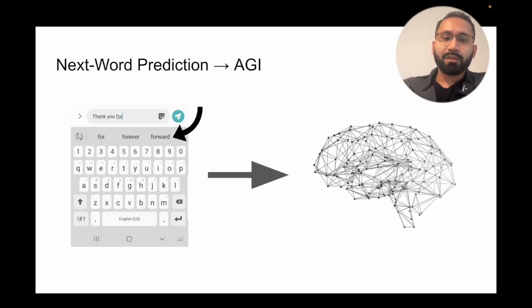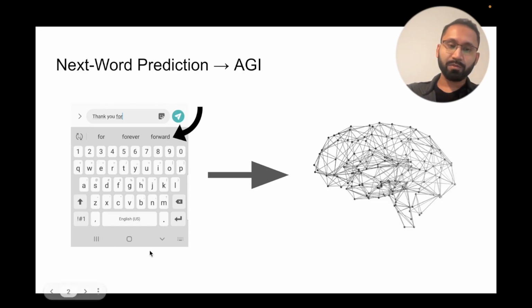And you may have heard a lot of people saying that AGI or superintelligence is just a few years away. So how are we going from this glorified autocomplete to superhuman level intelligence? I'm hoping by the end of this video, you have an idea of how that might be possible. So now going back onto this autocomplete,